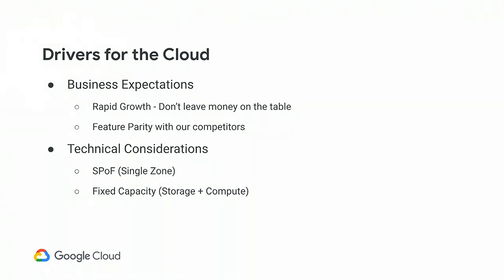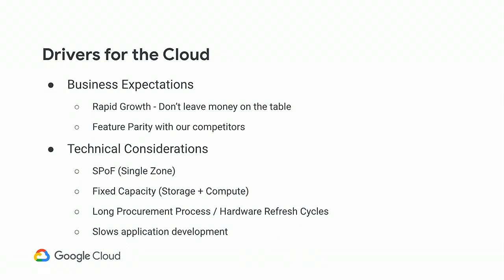Fixed capacity. We only had so much space, and virtualization inside of a single data center can only deliver so much capacity. At the time when we made the decision to move to the cloud, we were reaching that capacity. The other part of it is that while the benefits of predictability are good, there's a real long procurement process to get new hardware swapped in and out. Moving to the cloud eliminates a lot of those problems.